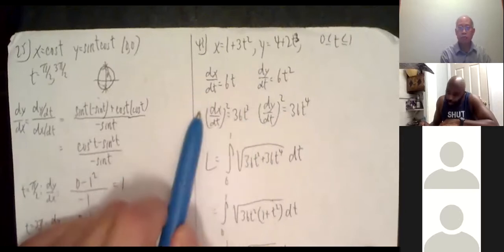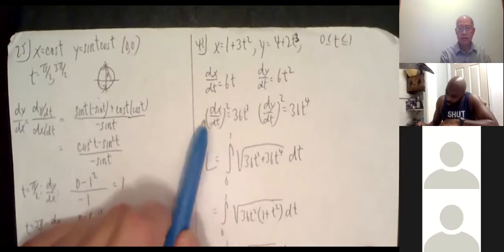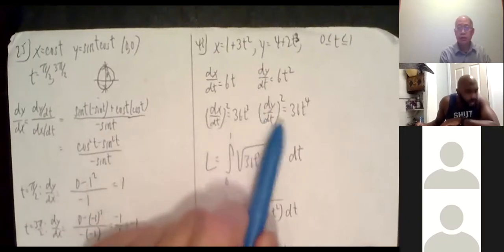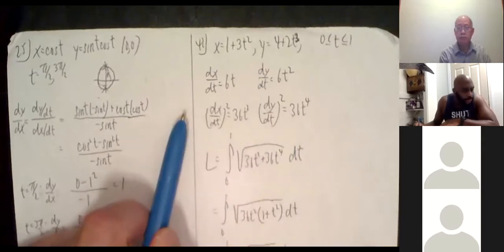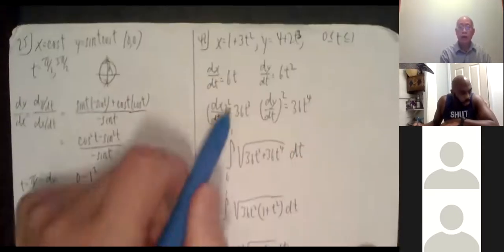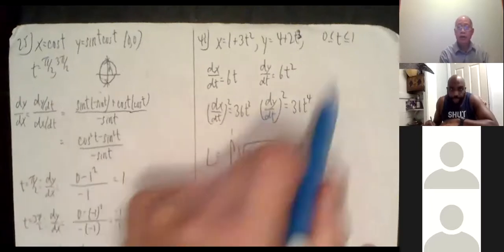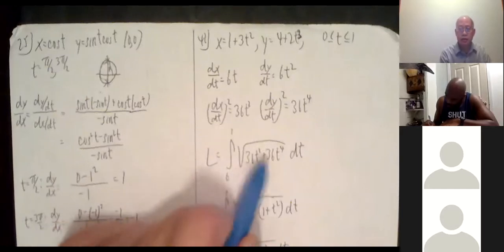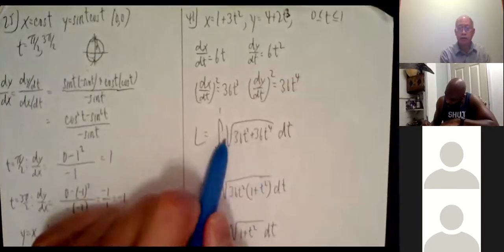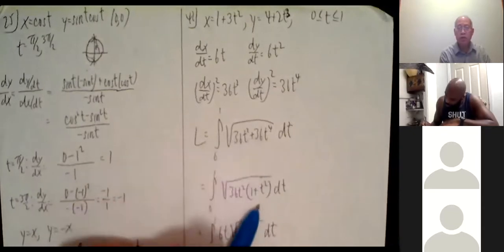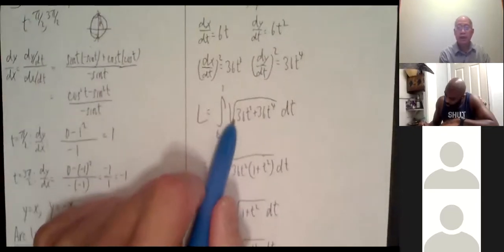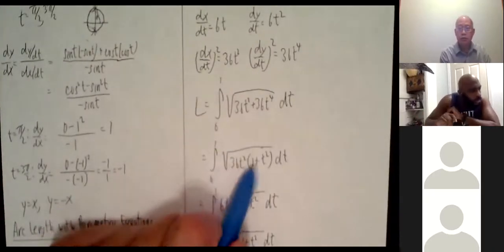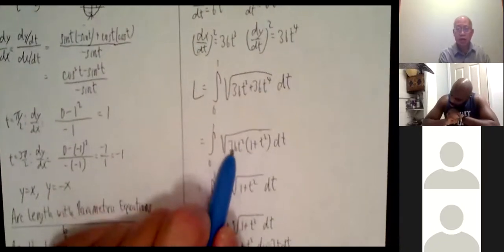By formula, I've got to square them. dx dt squared, 36t squared. dy dt squared, 36t to the 4th. All right, so I add them up. Arc length is the integral from 0 to 1 of the square root of dx dt squared plus dy dt squared. So 36t squared plus 36t to the 4th. Okay, I factored out a 36t squared: radical 36t squared times 1 plus t squared. So if I take this outside, it becomes 6t,